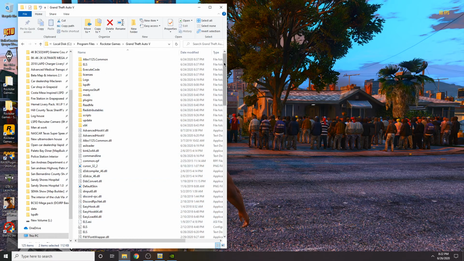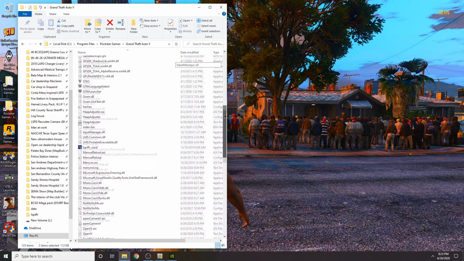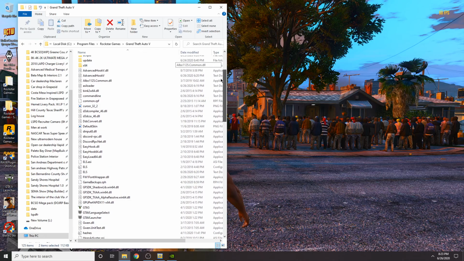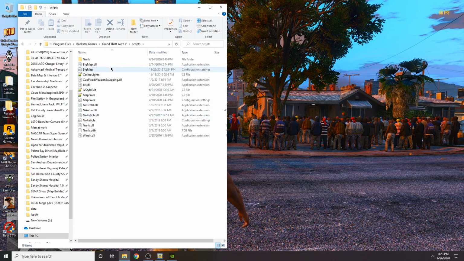The main folder is pretty much the same. I didn't add any NoASI mods outside of the ones you've seen in my previous videos, so there's nothing to look at in here, nothing that I've taken away. Within my scripts, I'll point this out: this is Big Map. I point this out as a mod you might want to use, because I'm going to show you